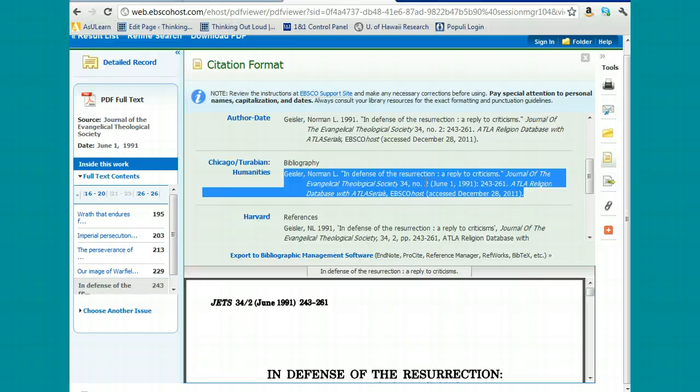Now there'll be future tutorials in which I explain some of the advanced search features of the Atla database. In the meantime, be sure to ask the library staff if you have any questions,